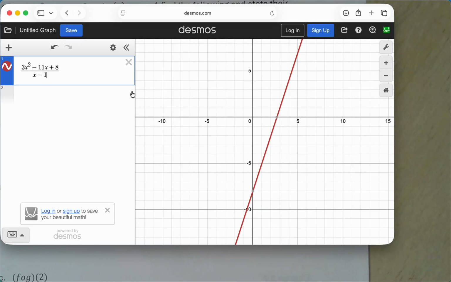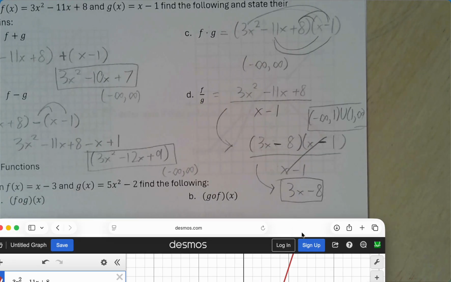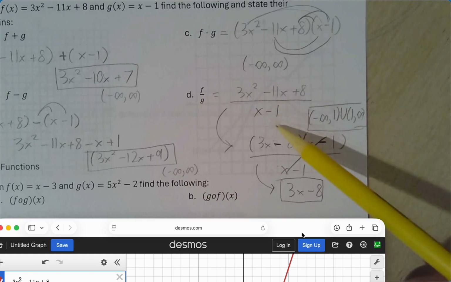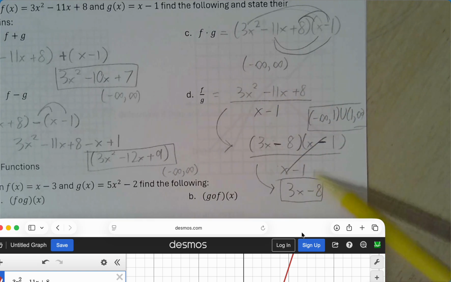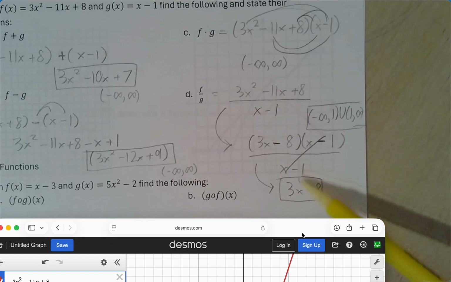Now, what's interesting, though, is if I take my mouse and hover over positive 1, right there, there's that open circle. And that right there is where your domain got split. Now, a graphing tool won't show that unless you click and highlight over it. It shows us that even though my algebra simplified and eventually the thing that would cause issues went away,